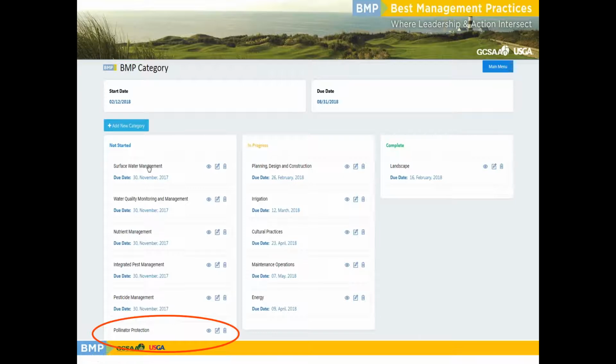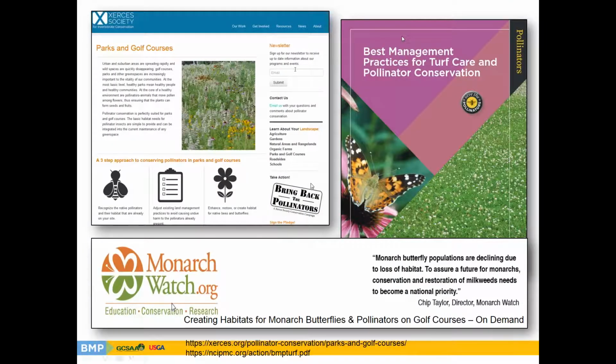Well, I mentioned a couple of these sections, for example, energy and pollinators, that are pretty big issues out there in the golf industry now. Pollinator protection is getting a lot of press, a lot of concern out there as it relates to pollinators, and this is one area where golf courses have been deemed as pretty good partners in the environment. And so you can see parks and golf courses here, monarchwatch.org, and create habitats for monarch butterflies and pollinators on